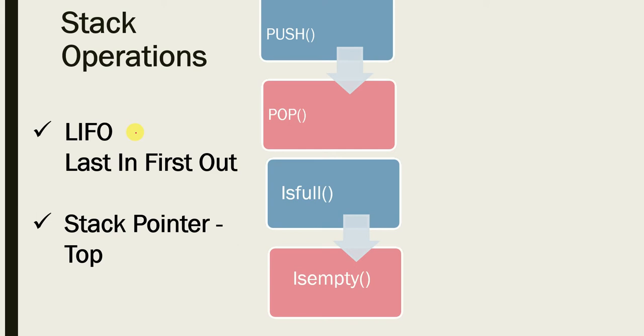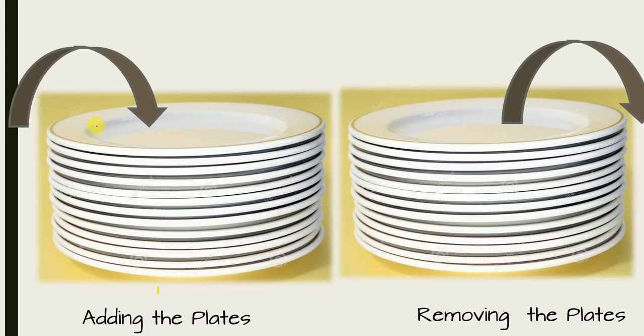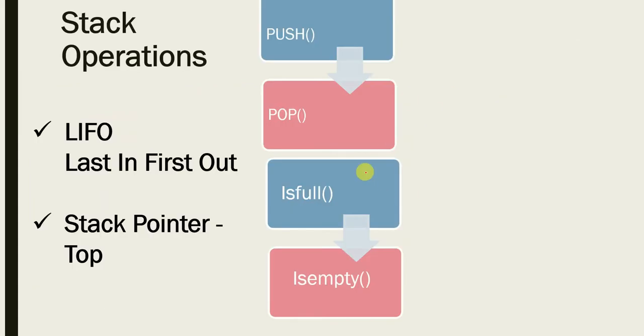A very important point to be remembered here: whenever you do pop operation, it is always in LIFO manner. LIFO means last in first out. See, there are piles of plates, right? You have kept one plate on another one. Which one will be the first plate to be taken out? It is the plate at the top, right? So similarly, even in stack, the last element pushed to the stack will be the element taken out, means the top element will be popped out first. That is, the last one to come is the first one to go out.